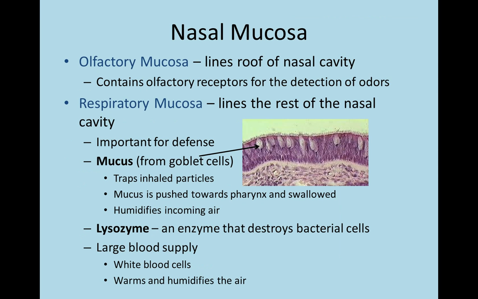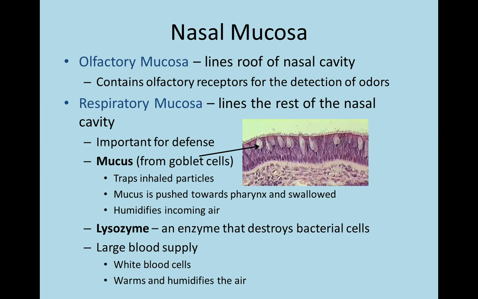All right, looking closely at the nasal mucosa itself, it's that mucous membrane lining of the nasal cavity. You've got two types of mucosa, olfactory mucosa and respiratory mucosa. The olfactory mucosa plays a sensory role. It's on the roof of the nasal cavity, and it's embedded with olfactory neurons, with receptors, dendrites, to detect odors, detect volatile chemicals, gaseous chemicals. So that's more of a sensory function, nervous system function, in other words. The respiratory mucosa is the mucus that lines the rest of the nasal cavity, and it's important for defense against